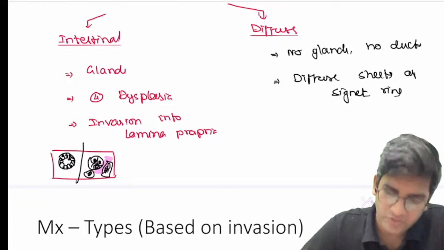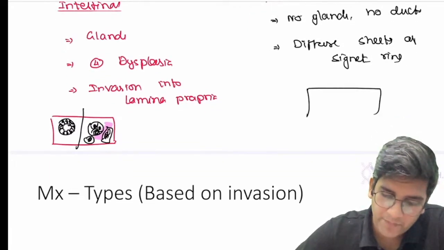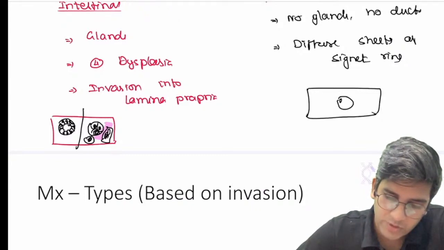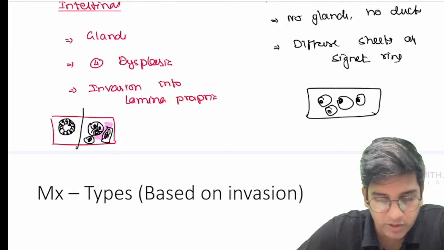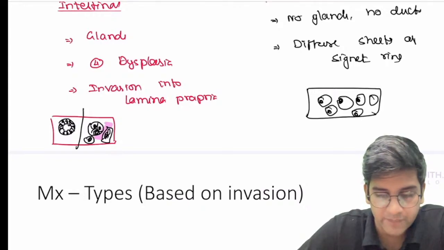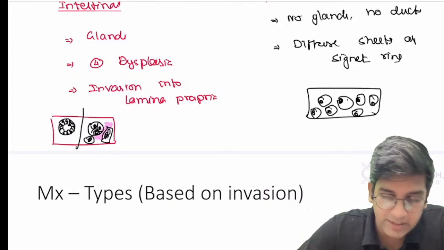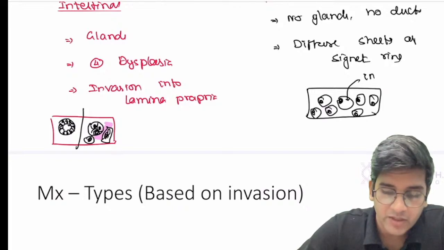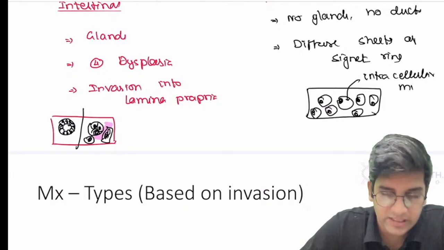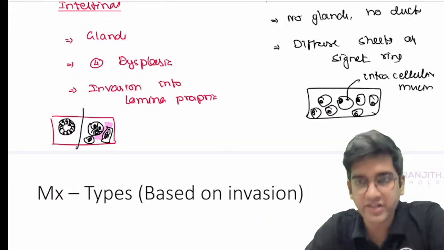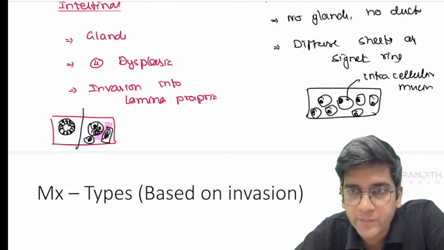Okay, so signet ring cell is very simple to draw. Draw a cell with a nucleus to the corner, multiple cells with nucleus to the corner, and the most important thing here, don't forget to mark the reason why it is of signet ring morphology. It's filled with intracellular mucin. So I'm going to have intracellular mucin. That's why the morphology is signet ring shape. That's more important.